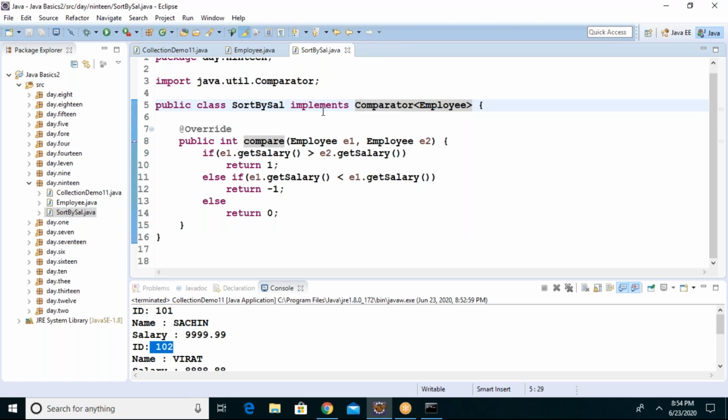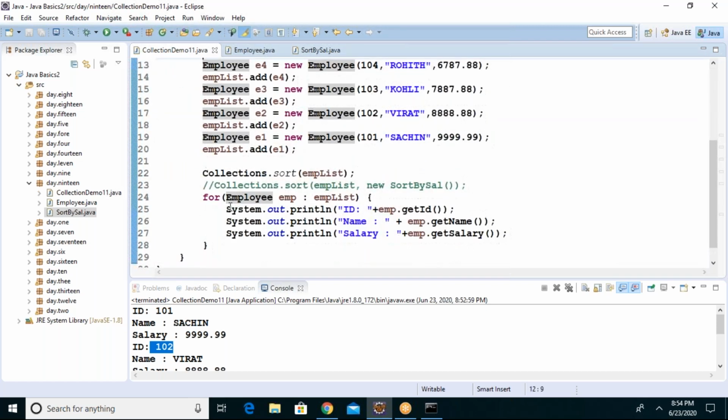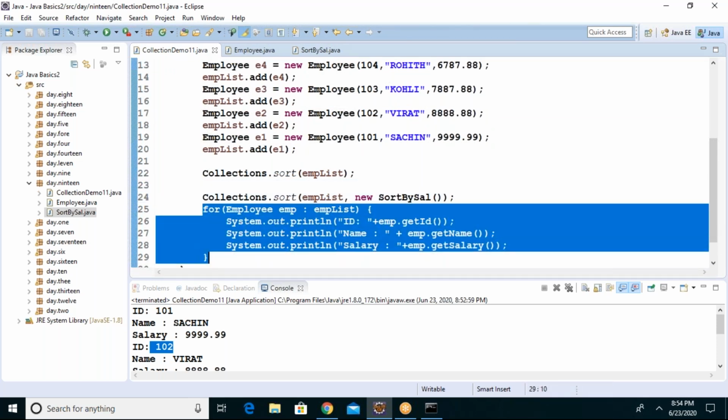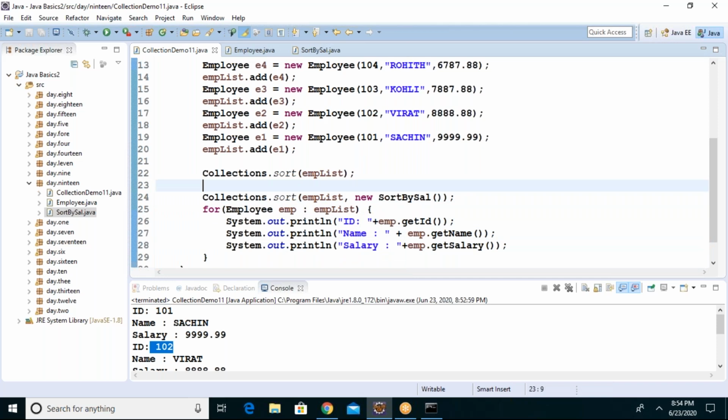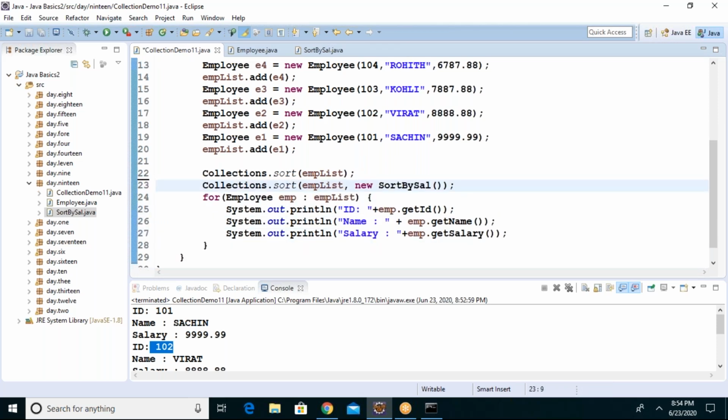Sir, is it possible to do both the sorting at one time or it's not possible? Why not possible? Because of making it possible only we did it now. But you should print to see now. Separate now. Once it will sort in that mode, once it will sort in this mode. Both at a time is not possible, right? Because it will be changed immediately. Got it? But both options are enabled. Both options are ready for you because of this class.